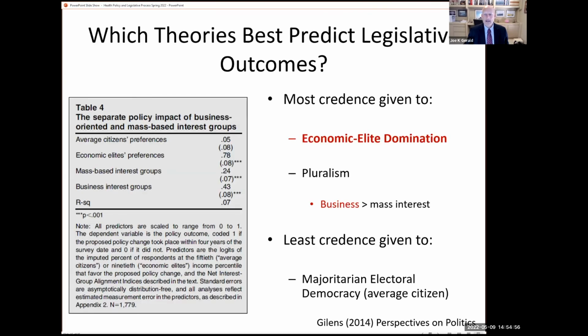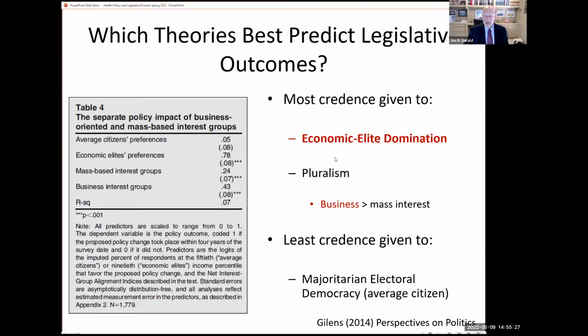Well, we had a researcher here pull together a really, really large historical data set on legislative outcomes at our federal level and voter opinion, interest group alignment. And he was able, over several thousand legislative outcomes, to test these four theories head to head and make a decision on which theory seemed to best explain legislative outcomes here in the United States.